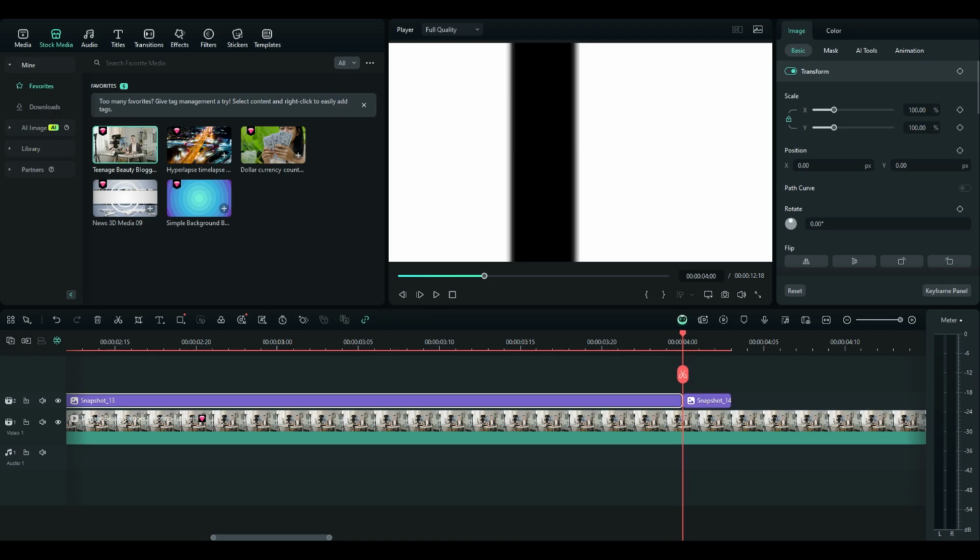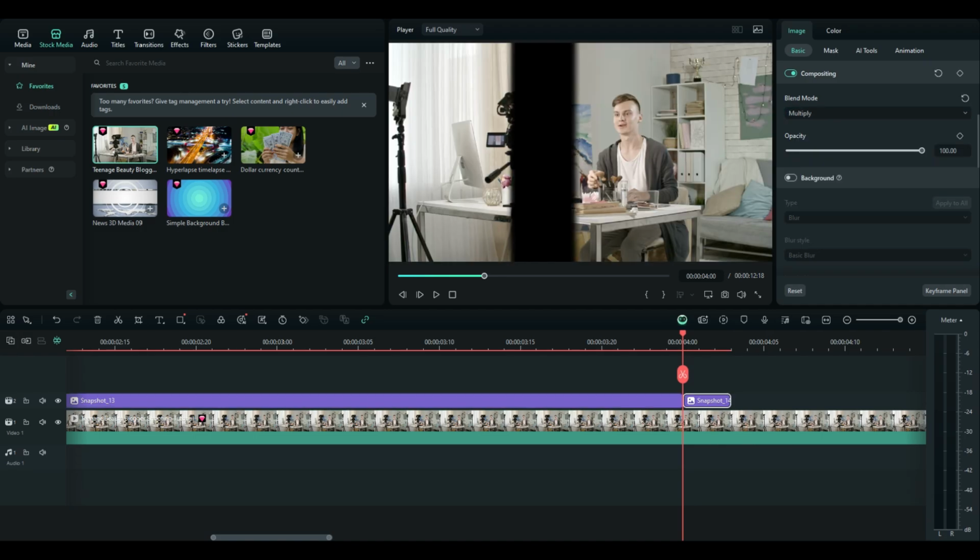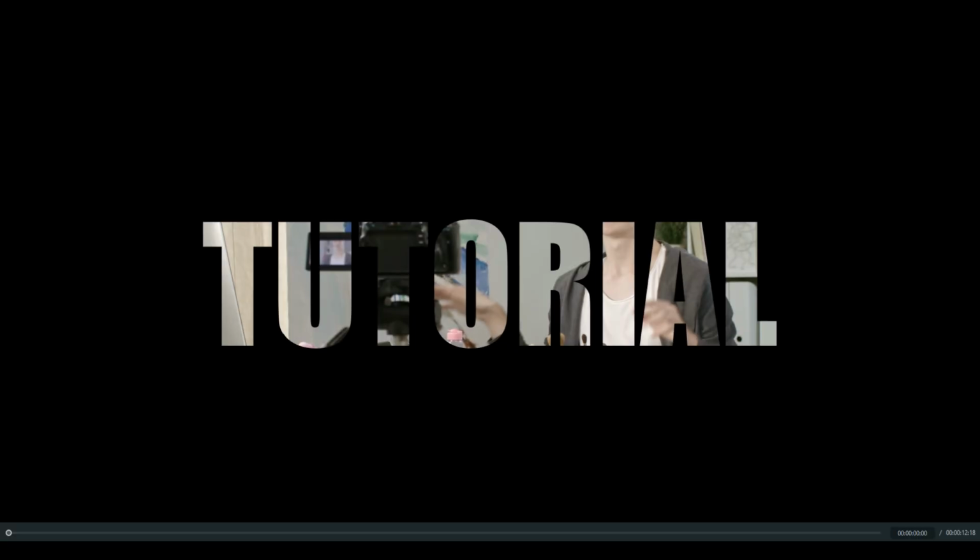Now again, right click on the first image. On this side, you will see image option. So if you scroll down, you will see the blend mode. Select the blend mode to multiply. The same thing for second one as well. Select the blend mode to multiply. And now if I play our video, then you will see that